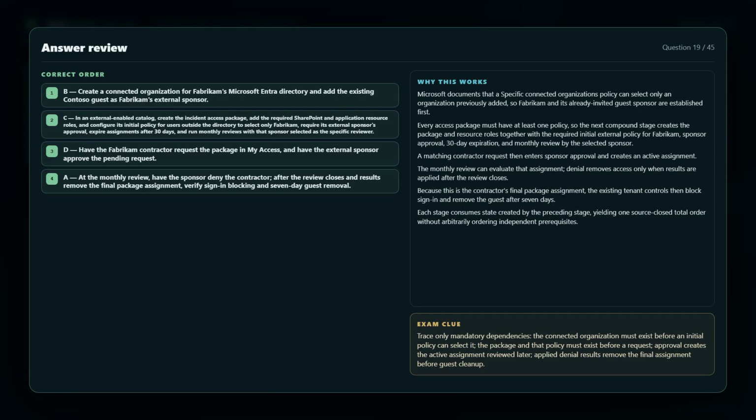Create a connected organization for Fabricam's Microsoft Entra directory and add the existing Contoso guest as Fabricam's external sponsor. Step 2. In an external enabled catalog, create the incident access package,